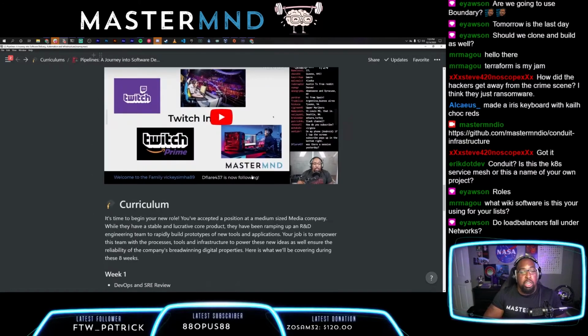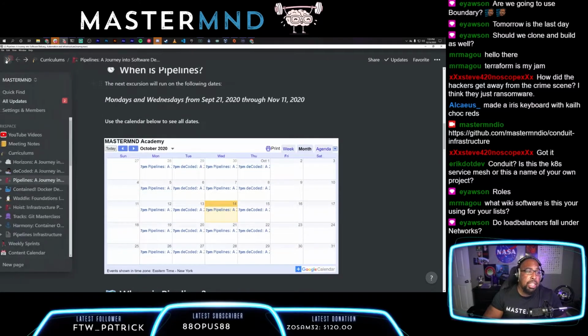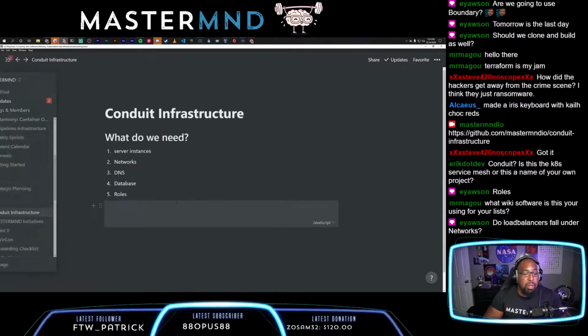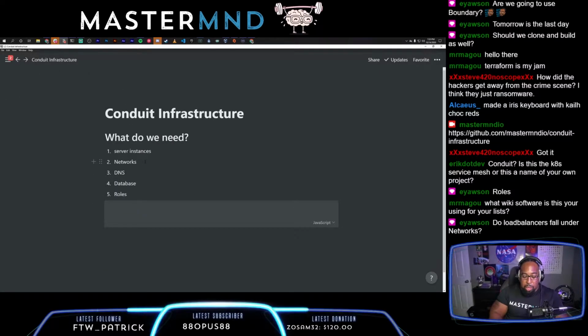Do load balancers fall under networks? I think that they do. I would put them there when I'm thinking and planning. I think so. So we can just put in here, like,